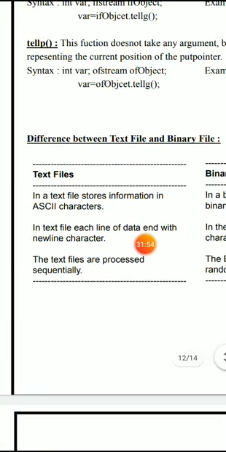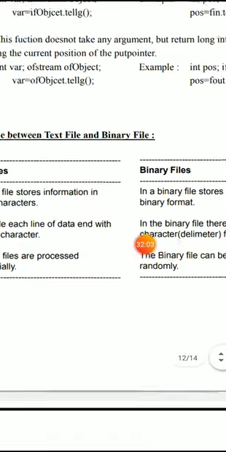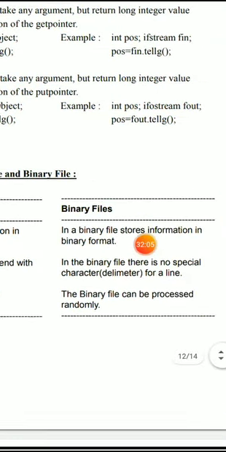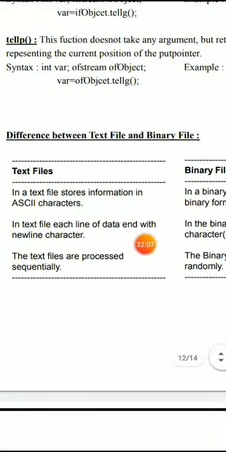Text files are processed sequentially, meaning all the characters placed in a text file are accepted one by one. Whereas in the case of a binary file, the file can be processed randomly. That means you can select any character and process that character for a particular purpose.